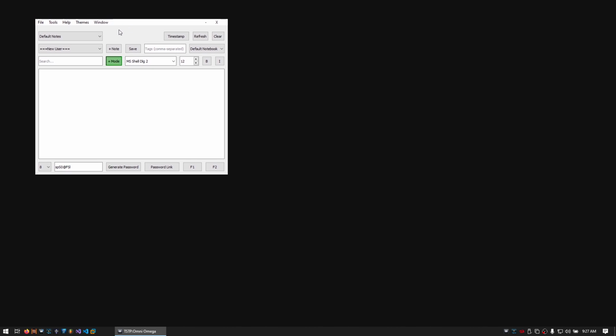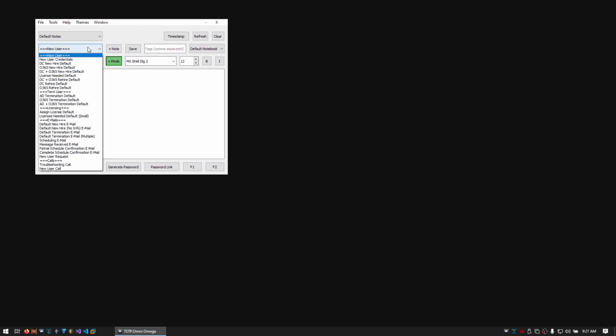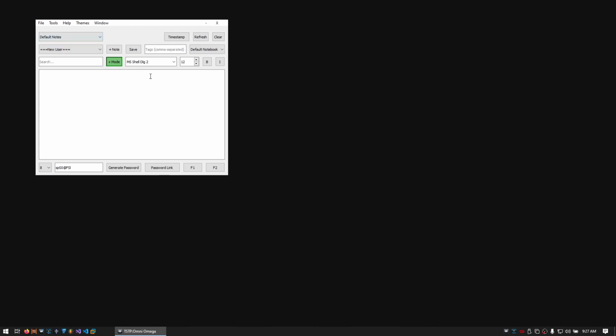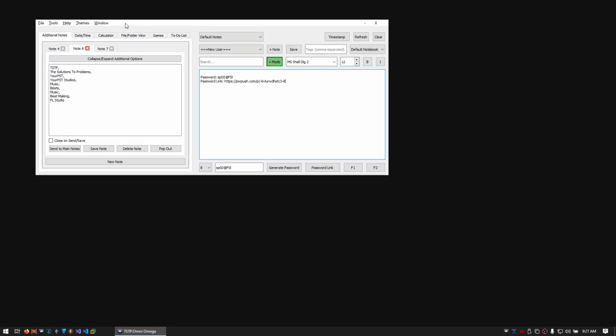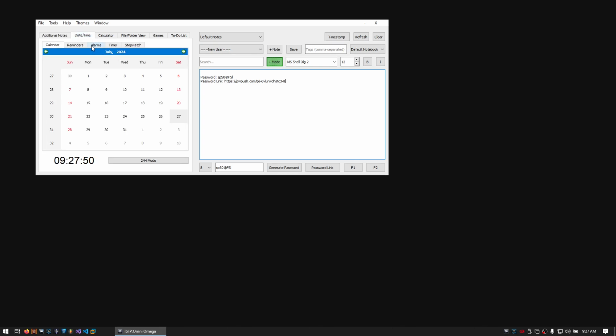It starts off as a note-making tool where you can create all different types of notes and save them to a MySQL database. You can create PW push links that go from the password you enter here. It goes anywhere from 8 characters up to 29 characters. But the program also has hidden features in it, such as adding a notes section for additional notes, a calendar